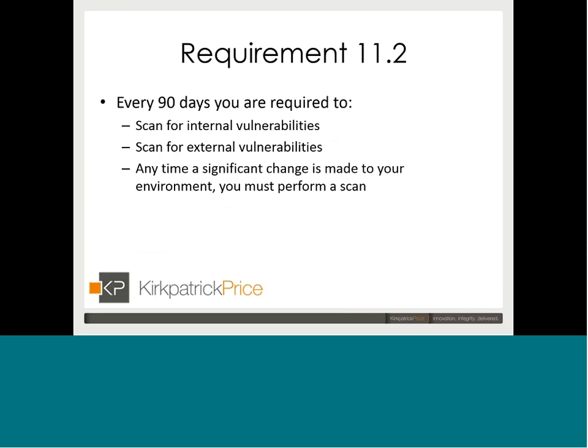All right. So next as we get to requirement 11.2. Now there are 3 pieces to the requirement 11.2. The first one is that as an organization, you have a process where you're performing internal scans at least quarterly. Now, these particular scans can be performed by anybody within your organization that's qualified to do so, and that these individuals have some organizational independence. And effectively, we want to make sure that the fox isn't watching the hen house. So if it's your network administrator, if it's your database administrator, if it's your server administrator that's actually doing your internal scans, you may want to look at assigning it to somebody that doesn't have any responsibility for the management